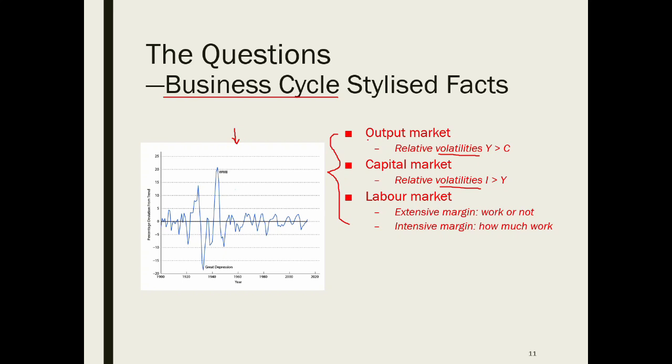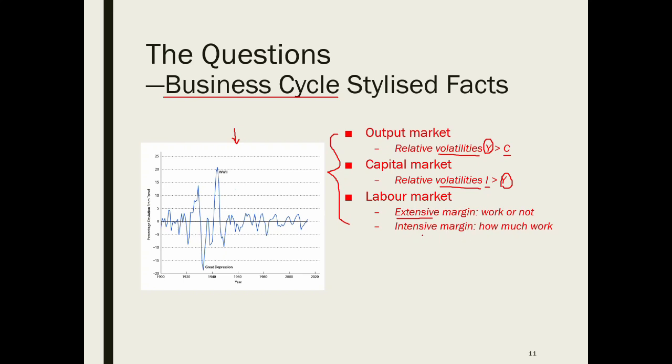An obvious choice is GDP, which is denoted by Y here. Compared to GDP, consumption always has a lower volatility, while investment always has a higher volatility during the business cycle. It is more complicated in labor market, however, where there are two economic decisions. One is to determine whether or not to work, or unemployment rate. It is also called the extensive margin because it measures how extensively people work.